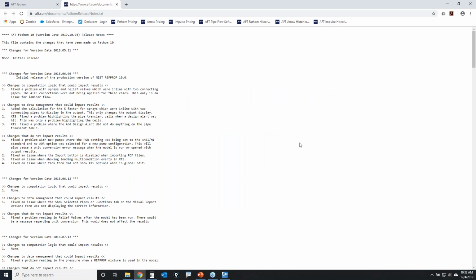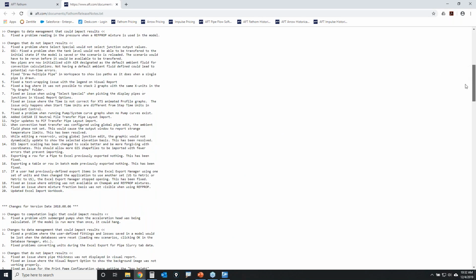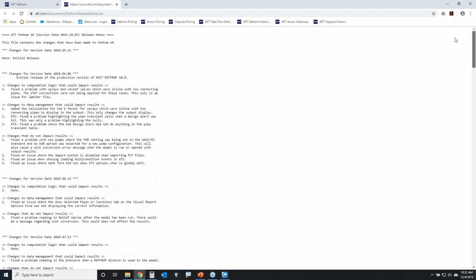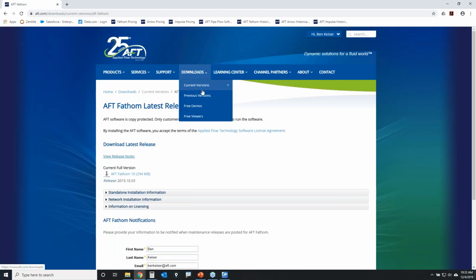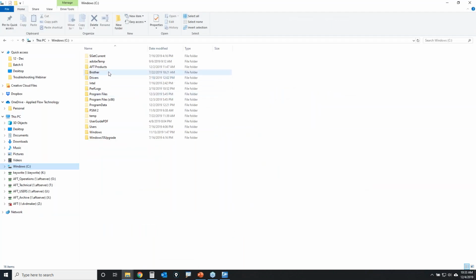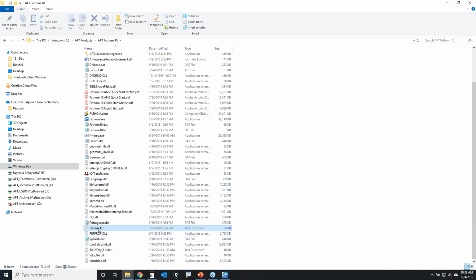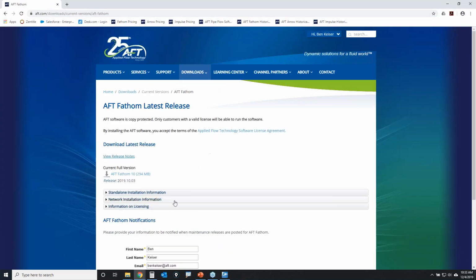We also will show you the release notes for that particular version. This documents all the changes that we've made in each maintenance release during the lifetime of a particular version. The release notes are also installed with the software as well. So if you were to browse where AFT Fathom is installed on your computer, it's in a readme.txt file right here. This is your release notes that comes with the software installation. And that's always going to have the latest. So be sure to keep an eye on those maintenance release notes, and that'll tell you exactly what we changed